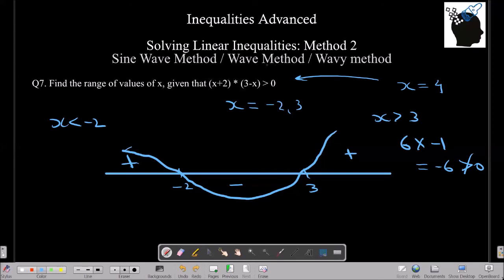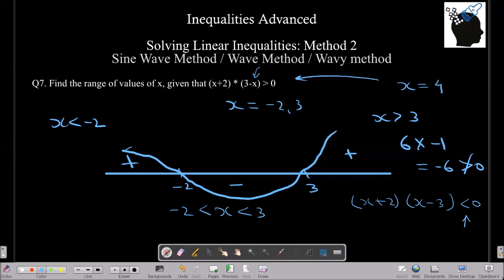So this is the point where I want you to note that this method works only when the coefficient of x is positive. But in this case, the coefficient of x is negative. So we need to make sure that we are making the coefficient of x positive first. So let's multiply with minus 1 on both the sides. And we will have x plus 2 multiplied with x minus 3 is less than 0. Now the solution will be similar, but just that now we have less than 0. That means our solution will be x lies between minus 2 and 3.